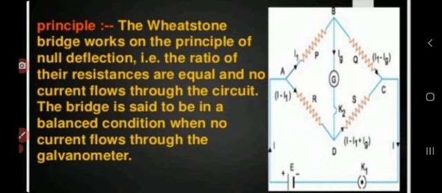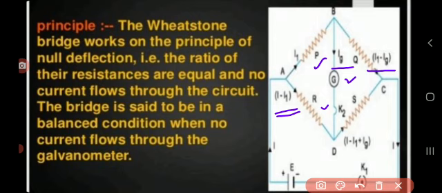I1 current, you see, I1 current is passed through P, and I minus I1 is passed through R. Through G, IG current is passed. Through Q, I1 minus IG is passed, and through S, I minus I1 plus IG is passed. And how it is done, we already discussed it.